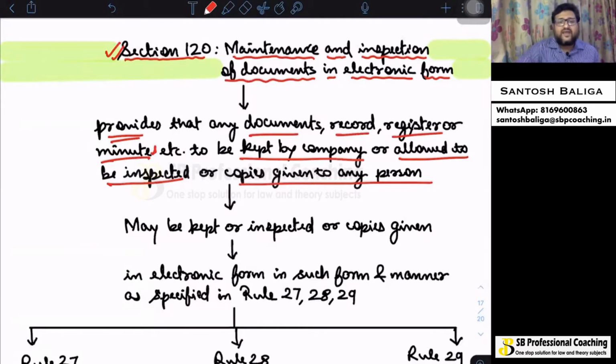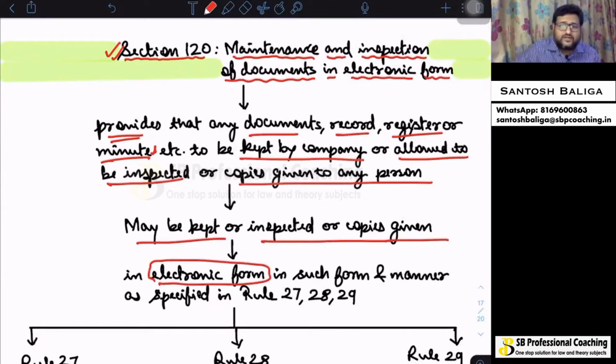All of this may be kept or inspected or copies given in electronic form. In which form? Electronic form. In such form and manner as has been specified in Rule 27, 28 and 29. So these are the three rules that we have to understand to complete section 120.